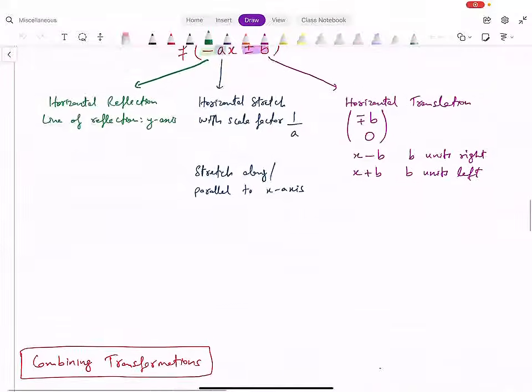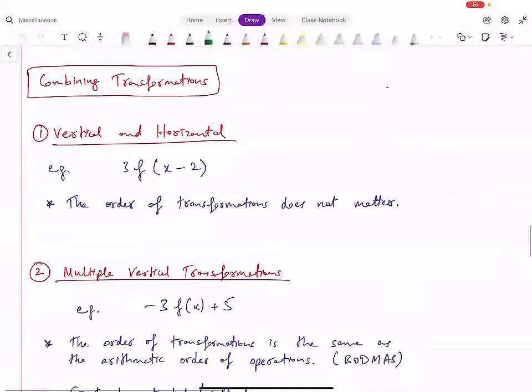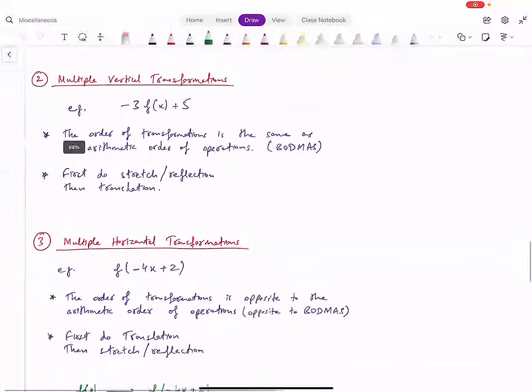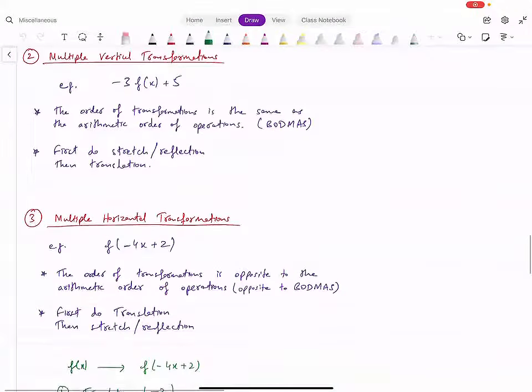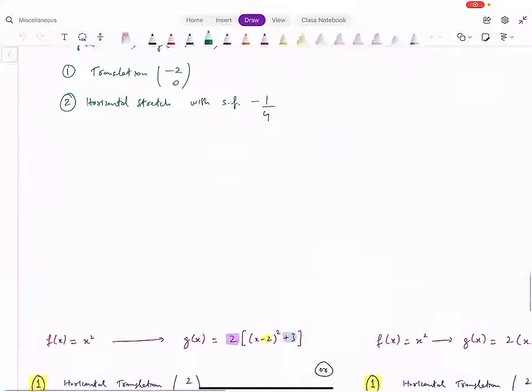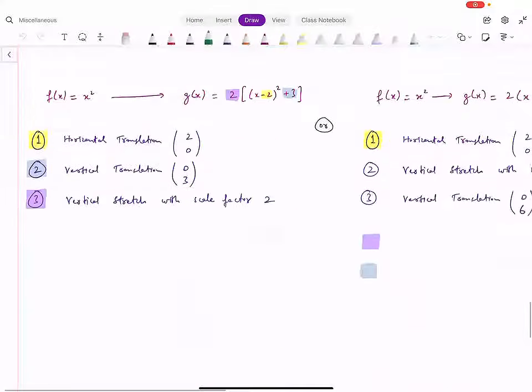इसमें क्या करते हैं, फिर आप combine जब करते हैं transformations, तब क्या होता है, if you combine vertical and horizontal transformations, what happens to the order in that case? Order of transformations उसमें matter नहीं करता, but in multiple vertical transformations and in multiple horizontal transformations, the order does matter. वो किस तरह से आपने डिसाइड करना है, वर्टिकल में क्या ऑर्डर होता है, हॉरिजॉन्टल मल्टीपल आ जाए तो उसमें क्या ऑर्डर होता है, you need to know about this order, ये आपको पता होना चाहिए।